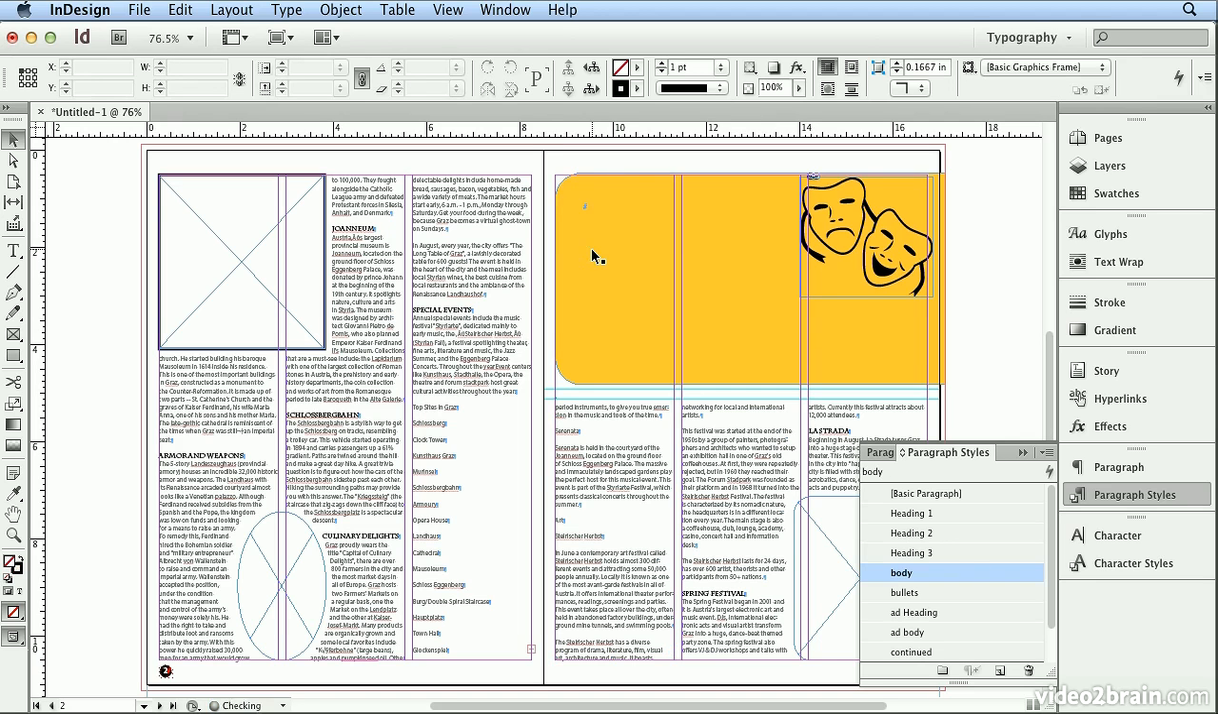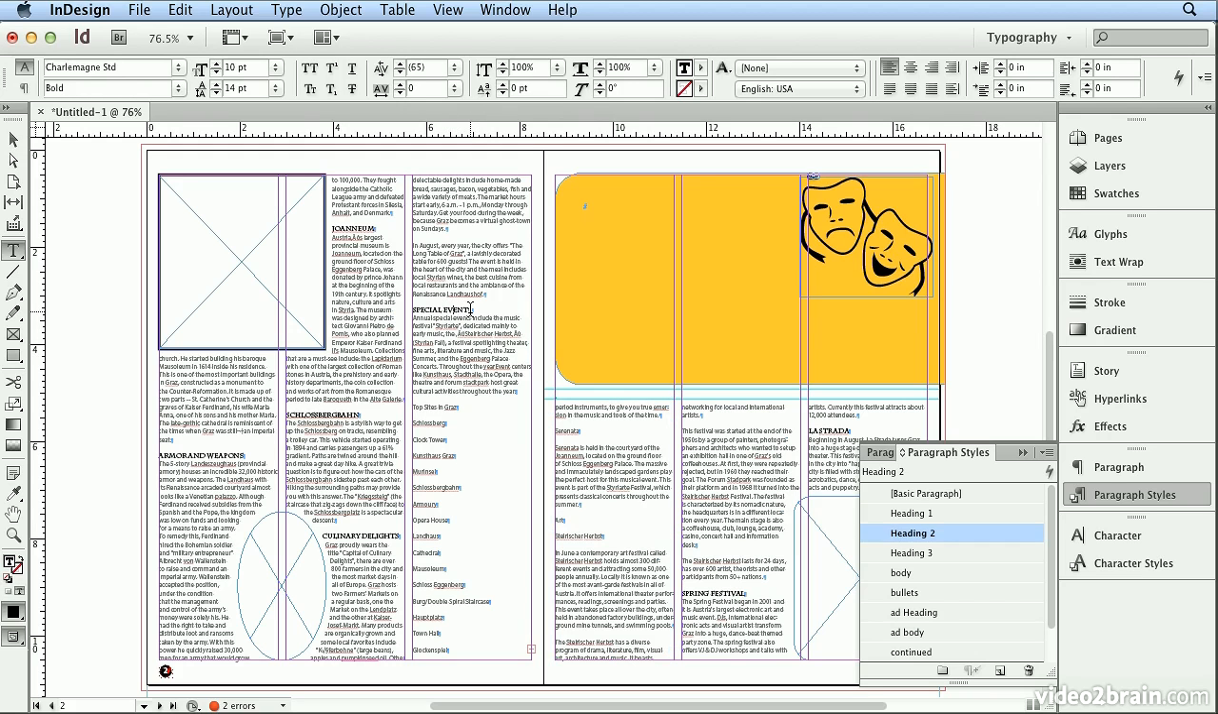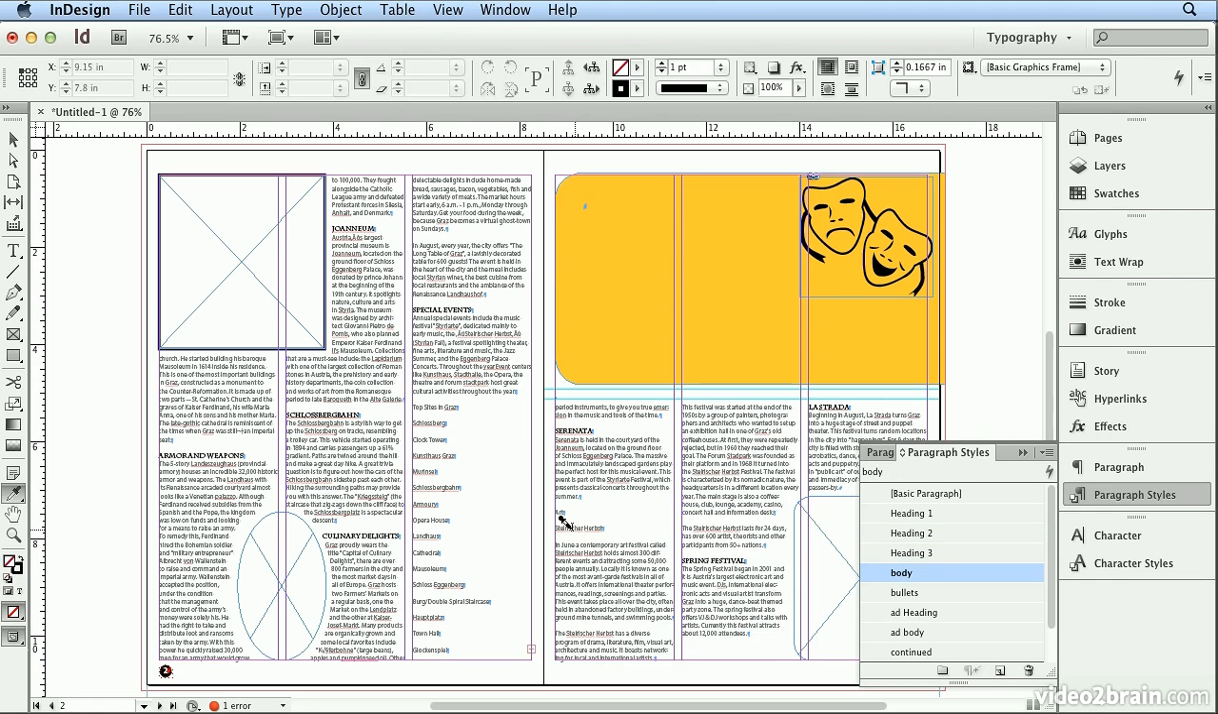When I hit delete, now as I click, here is a text frame for advertisement text. Here is the bottom text frame. And if I double click to get back on special events, go to my eyedropper tool, click once to load it, this Serenata and this festival can now be formatted with Heading 2